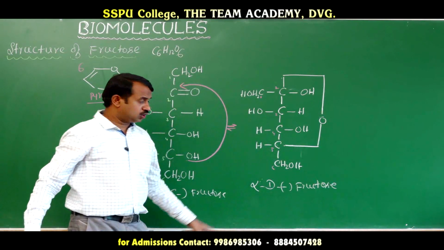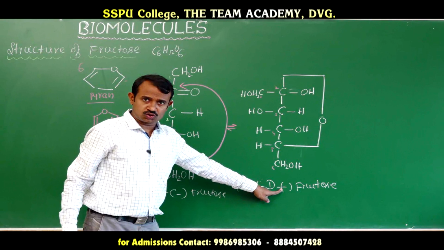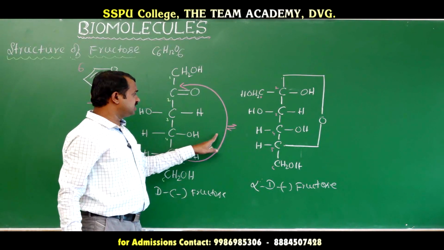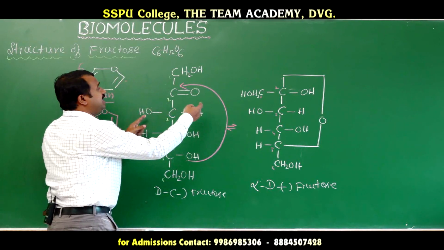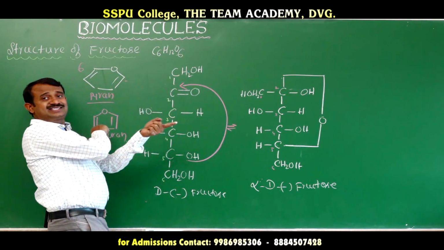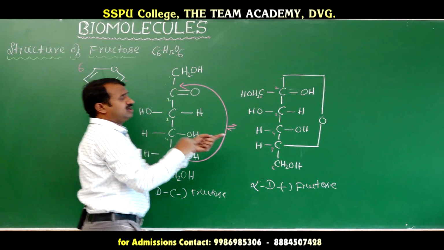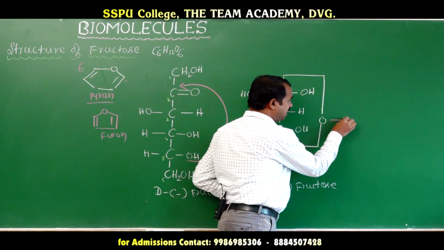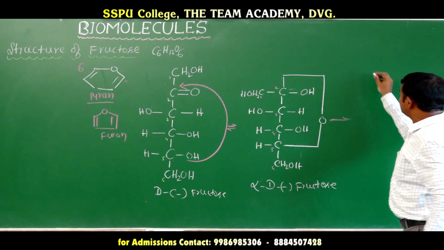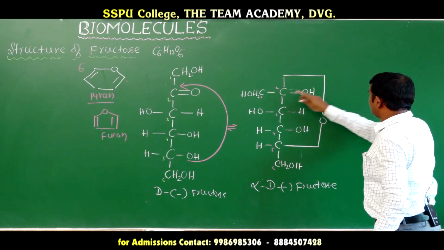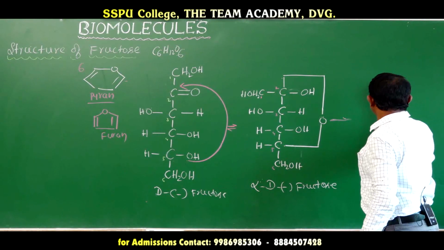Alpha D fructose. Same structure we will go for, this is the alpha D fructose. Same structure, I will write here, when the double bond you have to write this side. When the double bond you have to write this side, it means we will go for another structure here, the same carbon atoms, C,